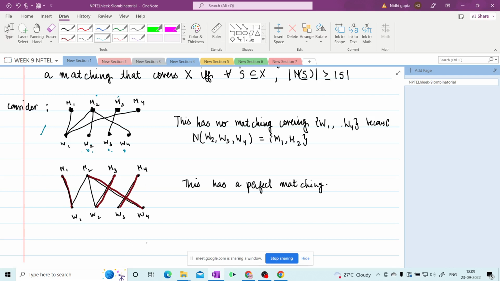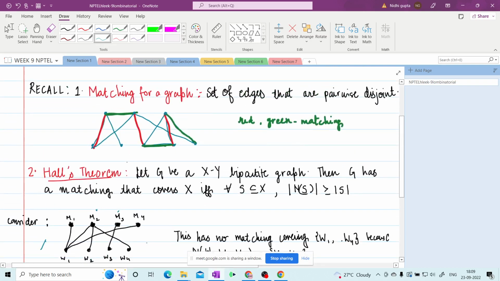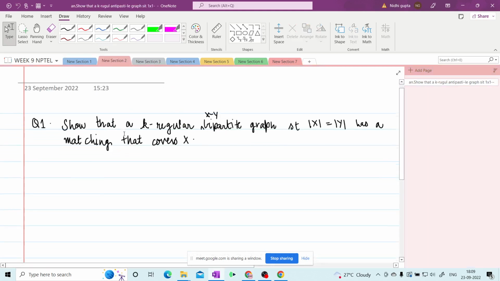We also have a matching that is covering the set of women. So this was Hall's theorem. So now let's solve some questions. Our first question is